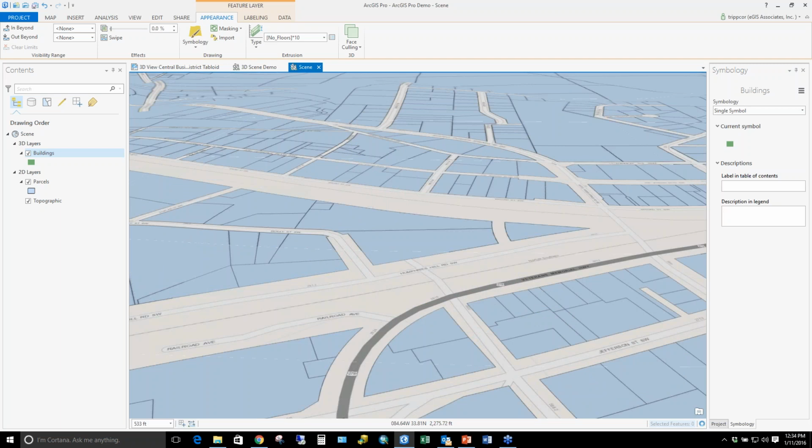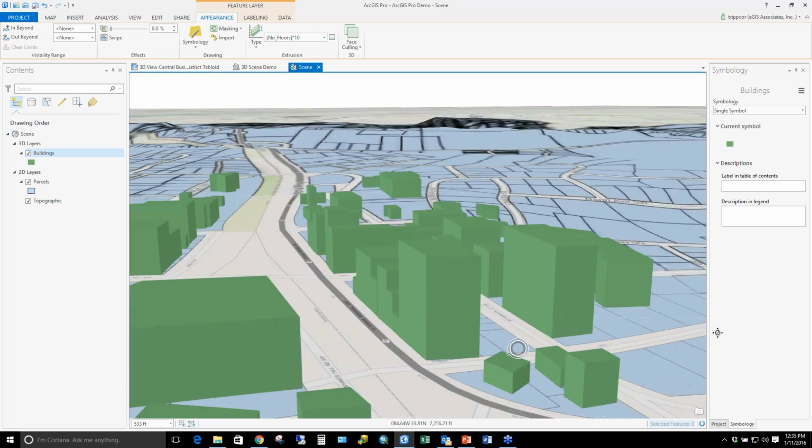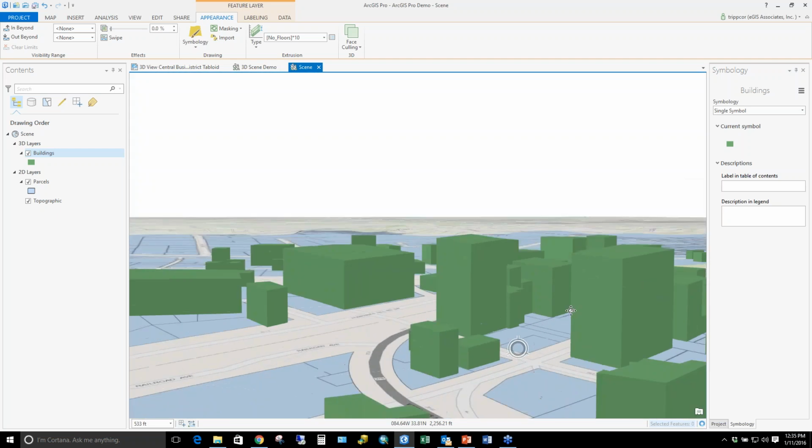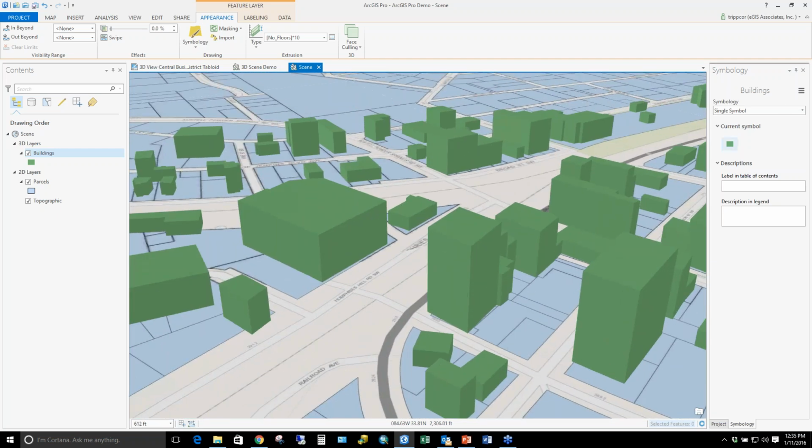So once it finishes redrawing, it's going to have extruded each building based off the number of floors multiplied by a factor of 10. Okay, so you can choose how you want to extrude those and build all kinds of expressions. And it works not just with